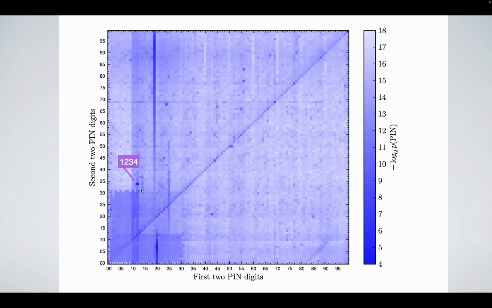What do colors mean? Okay, most common. So the more someone chooses a pin, the darker this cell is. It's on a logarithmic scale if that means anything to you. So it means that if it's really dark, lots and lots and lots of people chose it relative to almost no one, okay?